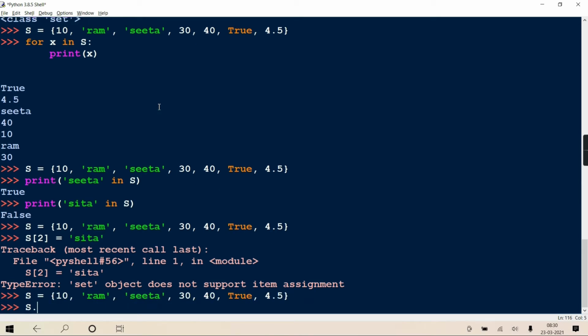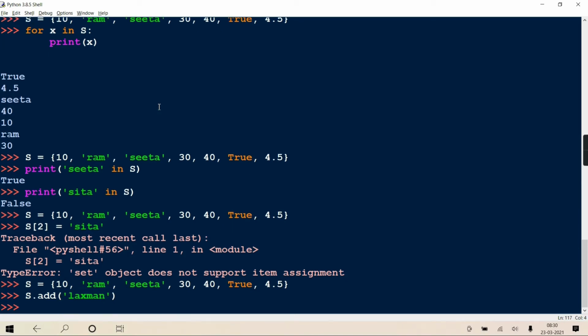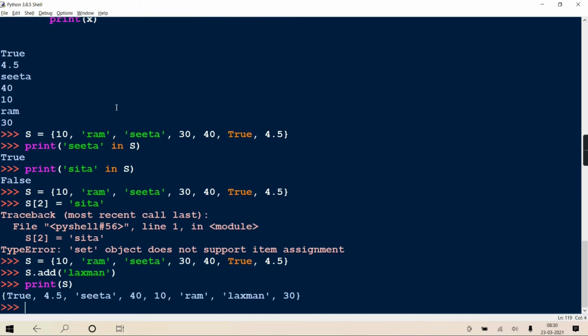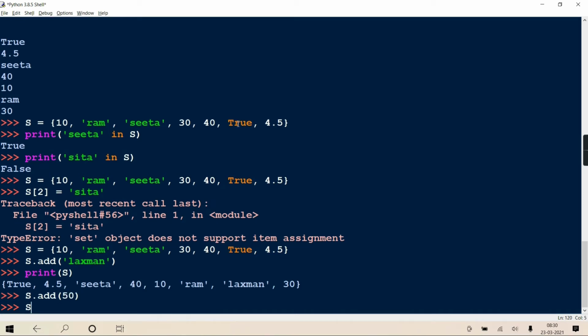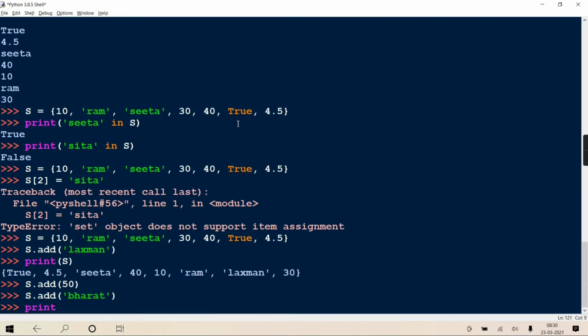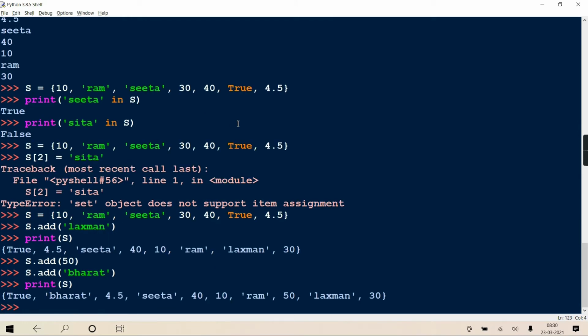This is the set. S dot add if I write, and I'm writing Lakshman, right? And if you print and see S, see no guarantee where Lakshman is added. Or again if I'm writing S dot add 50, S dot add Bharat, and print S. See, that 50 got added somewhere here, Bharat got added at second place.